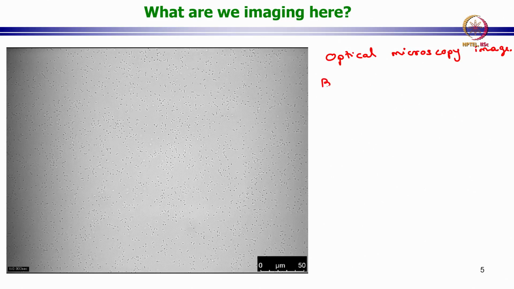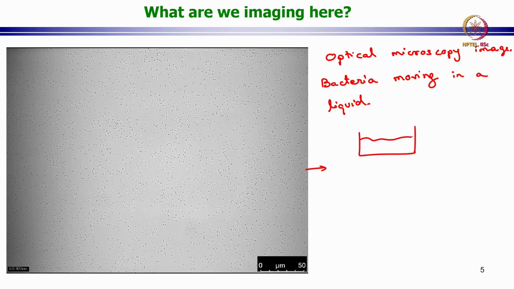These are bacteria moving in a colorless liquid. You have all these bacteria, and you are looking from the bottom, so your lens is at the bottom, and we are seeing a lot of these bacteria attached to this. These are visible as black dots, and this is done through an imaging process called